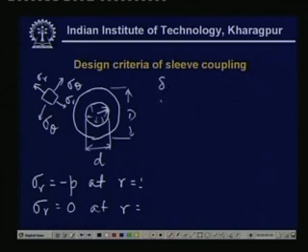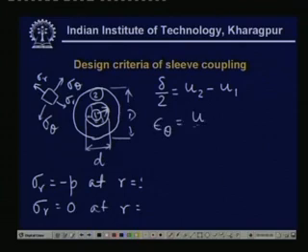After the shrink fit, the radial deflection will be delta by 2, and this will be equal to U2 minus U1, where we consider this as material 2 and that as material 1, and U is the radial deflection of this point. So, this difference will be equal to delta by 2,